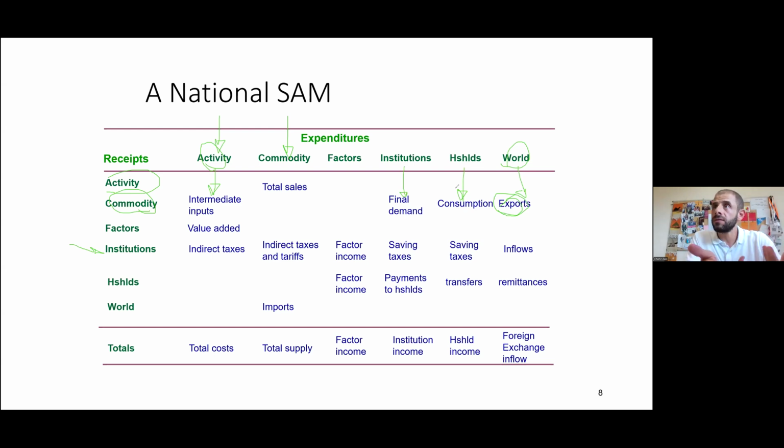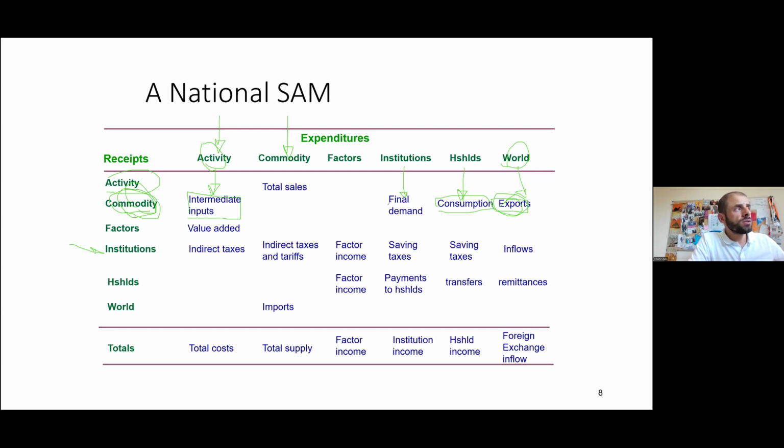Who will provide these goods that will be sold? It's the commodity account. So the commodity account includes the final goods that will be consumed by household, by firms, by the government, and by the rest of the world. So in other terms, the commodities that are produced here will be bought by economic activities in the form of